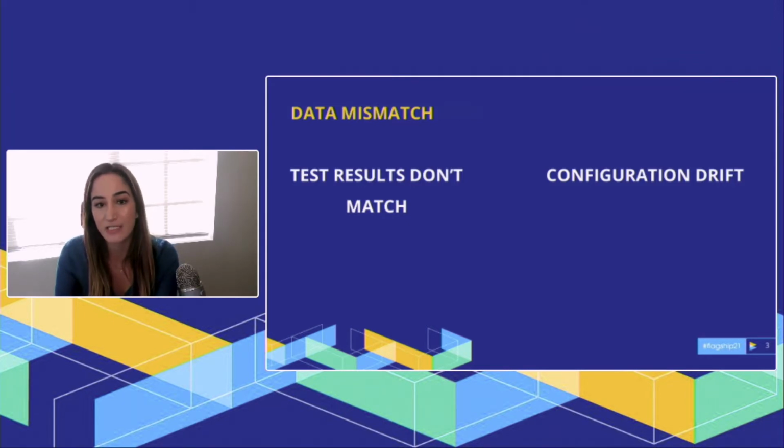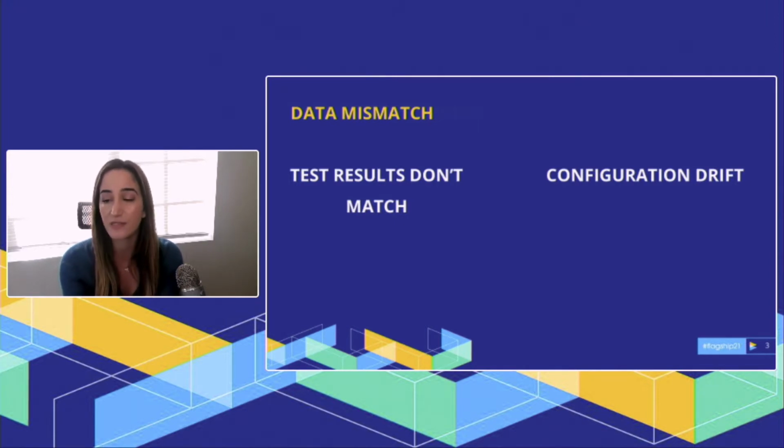So the first is that the data in staging doesn't match production, which means the test results don't always match. So I used to work so hard on testing every product requirement, and I used to go through the documentation with the product owner, and I would work with my developers to fix all the bugs and make sure my end-to-end tests were passing in staging. And then I would sign off on the feature, but as soon as it would be launched to production, there would be a bug.